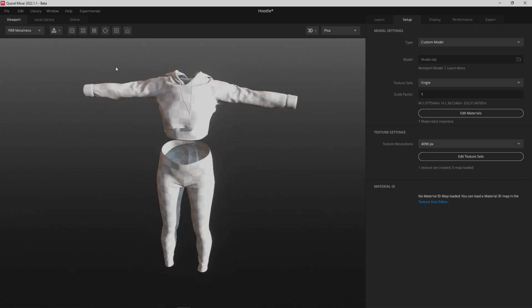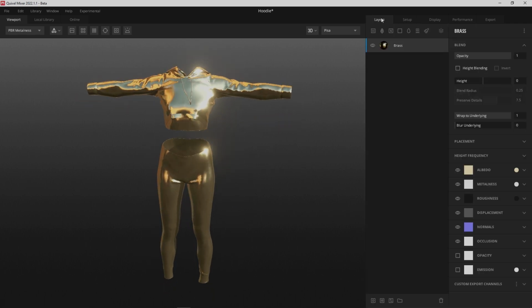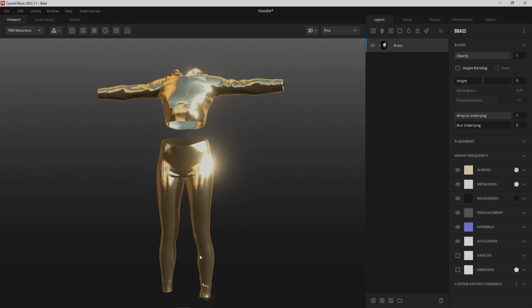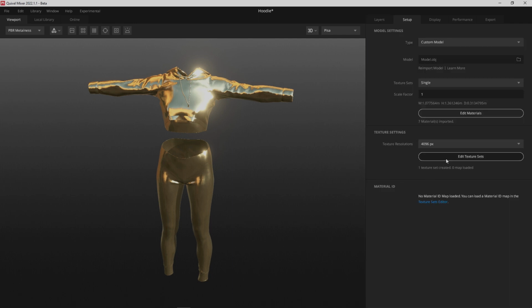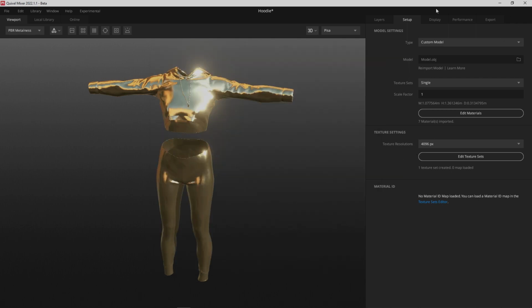Once imported, you can go ahead and choose textures, but it'll apply it to the whole thing. So there's no layers or anything, so it can't texture the pants separate from the top, etc. We will need color IDs that we can apply to our model. To do that, we will hop over to Blender.